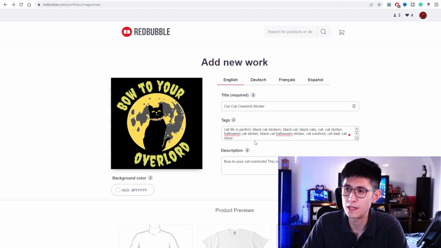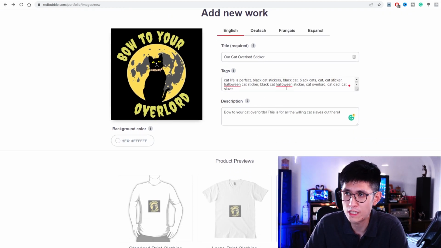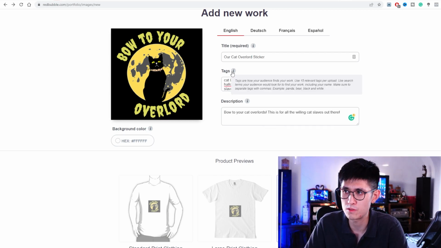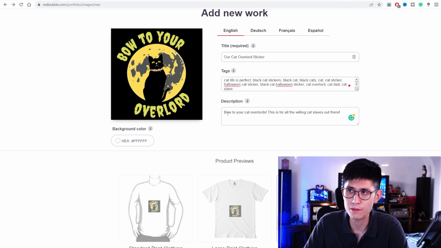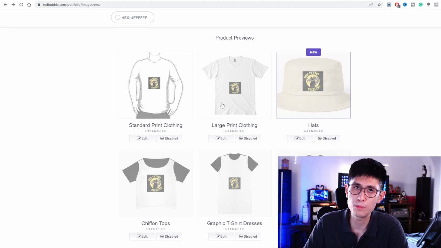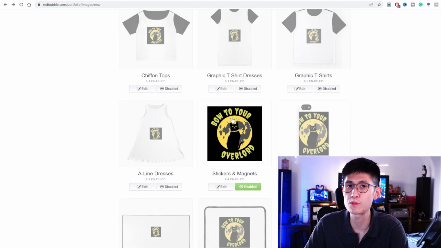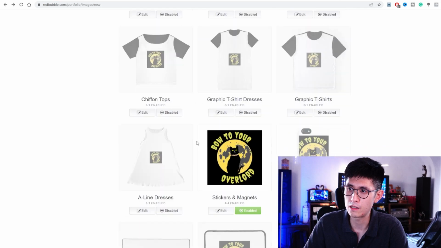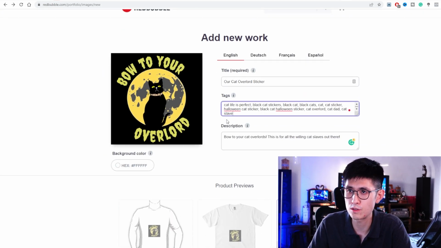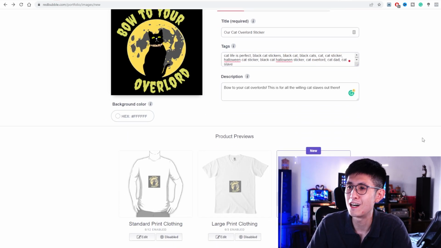I also added some, as you can see, black cat Halloween related tags, and then also like cat dad, cat slave, and I could probably add a few more because the maximum is 15. But anyhow, I also have my description here along with my title, of course. And if I scroll down, this is where I can enable and sort of customize the types of products I want, right? And in this case, because I targeted a sticker tag, or the sticker niche and also tag, I